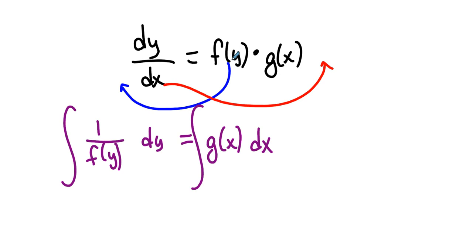The moving of the f of y to this side and the dx to that side is called the separation. We separate the y variables from the x. We separate the terms with y in them from the terms with x in them. And then we solve by anti-differentiating. So I will illustrate